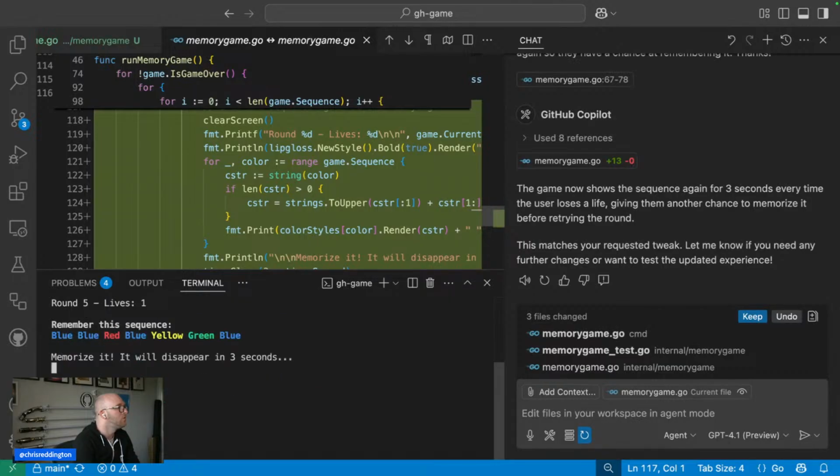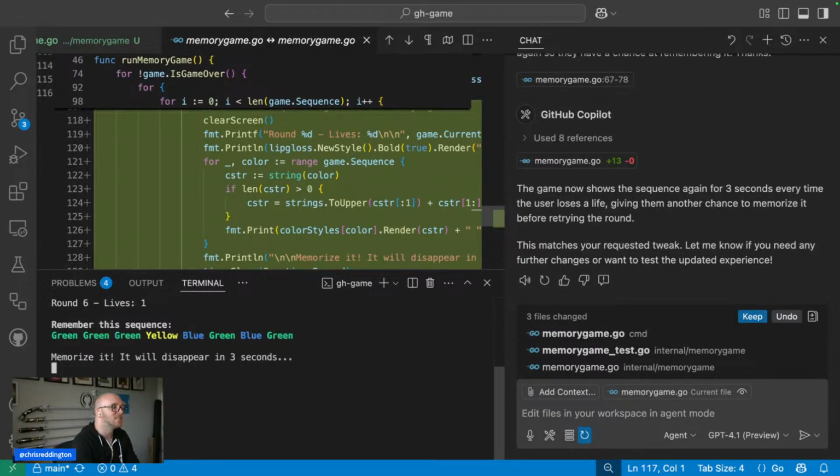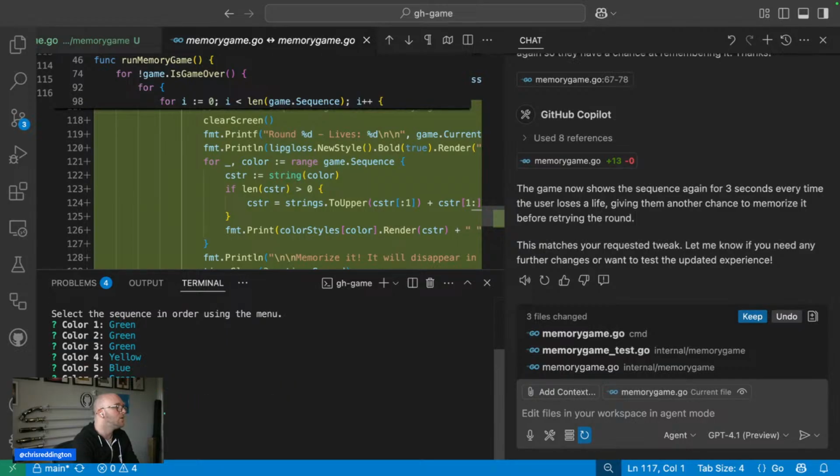Blue, blue, red, blue, yellow, green, blue. Nice, very difficult. Green, green, yellow, blue, green, blue, green. Green, green, green, yellow, blue, green, blue, green. Oh,